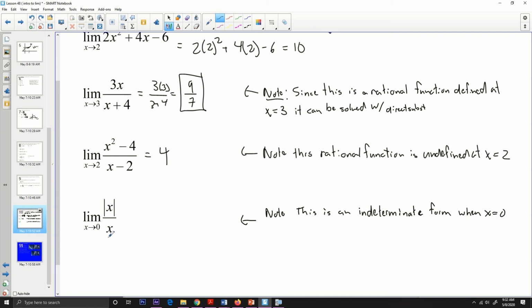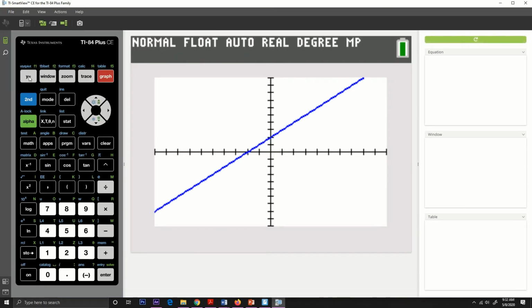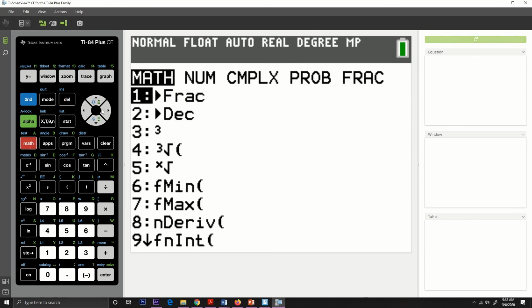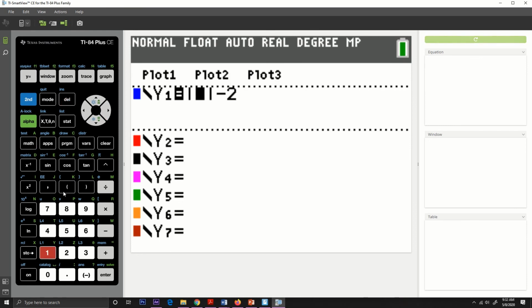So I get 0 over 0, and that's nonsense in the context of real numbers. But again, if I look at the graph of this thing, if I go to my y equals, I delete all of this stuff, and we go math, go over to number, hit 1 for absolute value,